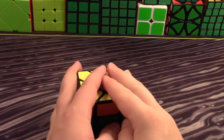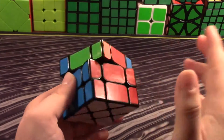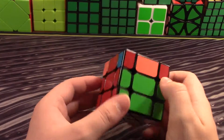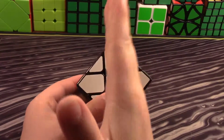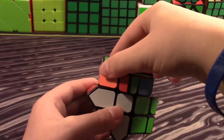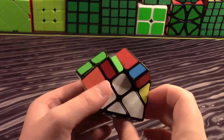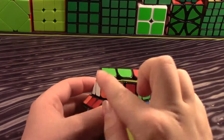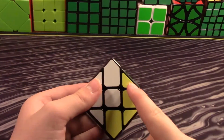So what you're going to do is find one that's solved. So this one's solved. You can turn it as much as you want, and one of them will be solved. But since the red one's already there, I'm just going to do that. And you're going to hold it so that the solved one is on your left, and you're going to look at the white. And you're going to bring this edge down, that over, this edge down again, this twice, this up, back over so that this edge is solved, down so that there's yellow right here,